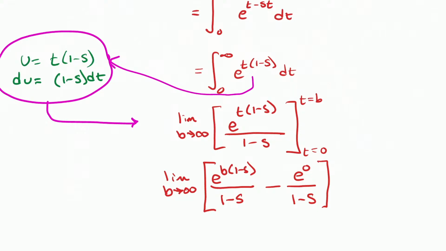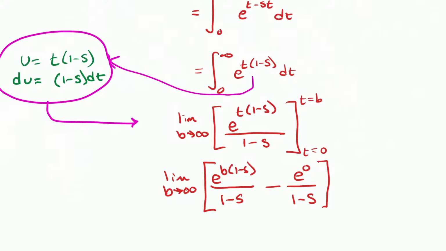Here's the problem. That s there. You see the s? What if s were bigger than 1? Let's say s was, say, 2. Then Matthew's right. It's 0, because this would be e to the negative b, and the limit as b approaches infinity of e to the negative b is 0. But if s were less than 1, like if s was 0, then Max is correct. And this would be e to the b, and the limit as b approaches